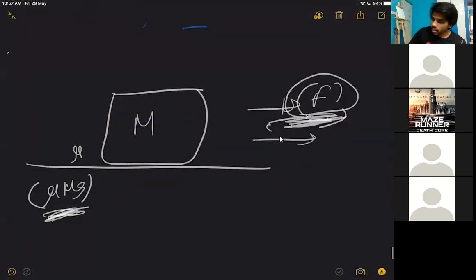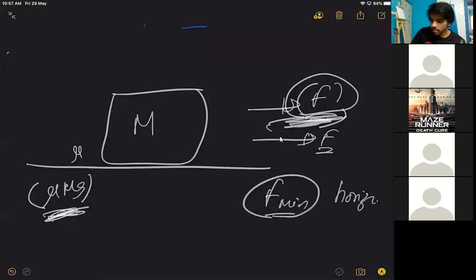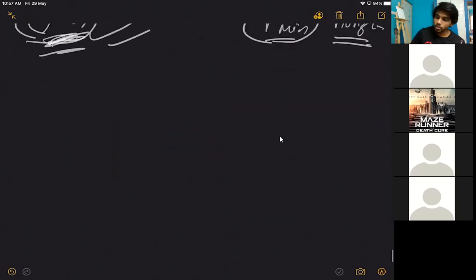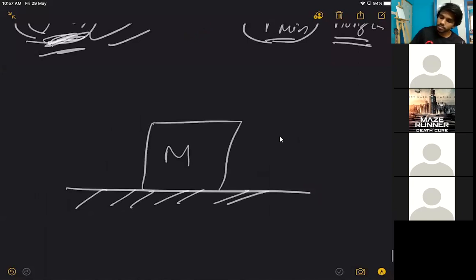He never said that you are applying a horizontal force. If only in that problem he said, what is the minimum force applied horizontally so that the block is moved, then this is definitely the answer. If the force is to be applied completely horizontally, then this is the answer for sure. But he never said the force applied is to be horizontal only. The force applied can be at an angle also. So I am going to consider some angle theta.